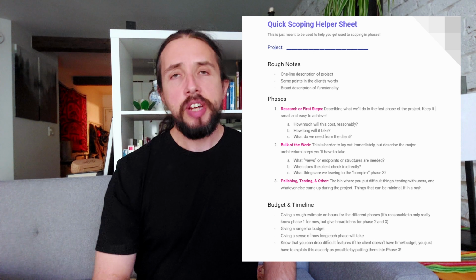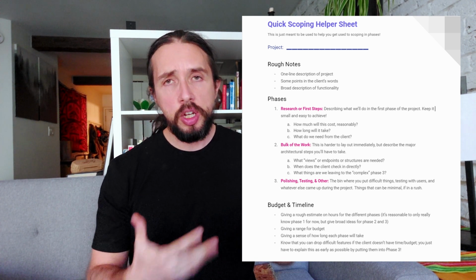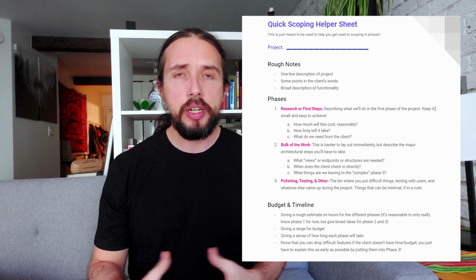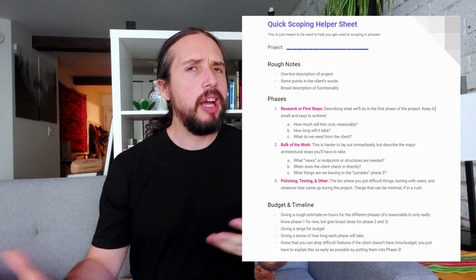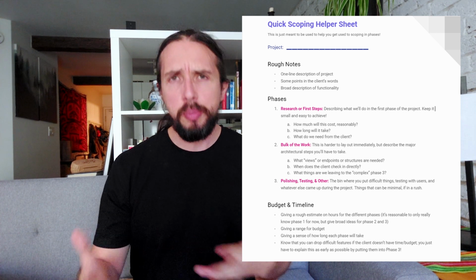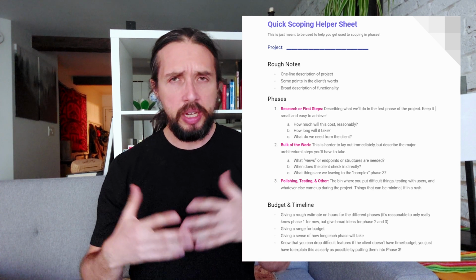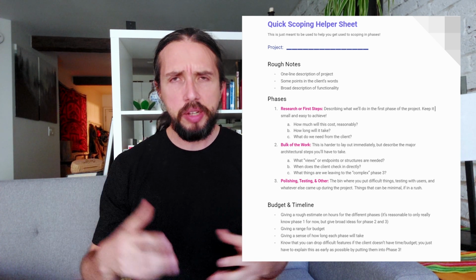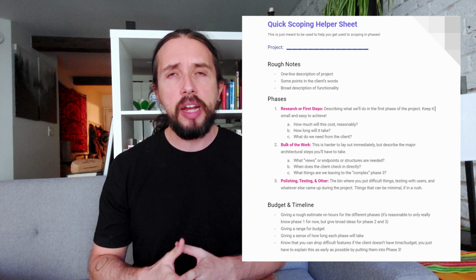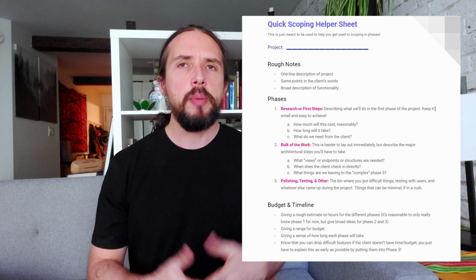So for research or first steps, when we're describing to the client, that would be us talking with them and working with them to figure out their general branding and their general design. So going through a couple example websites that maybe they like out there, a couple templates of designs, and figuring out how we want to host their website, depending on how we're going to do that, whether it's some WordPress or totally custom or Wix or something like that, and getting the basics set up for them. So in my case, if it was a WordPress site, I'd get their basic hosting and their domain set up, make a WordPress site, that's pretty much it, and figure out the core design, and that would be the first phase. And the second phase would be implementing that design, putting it on their site, making it all look nice,